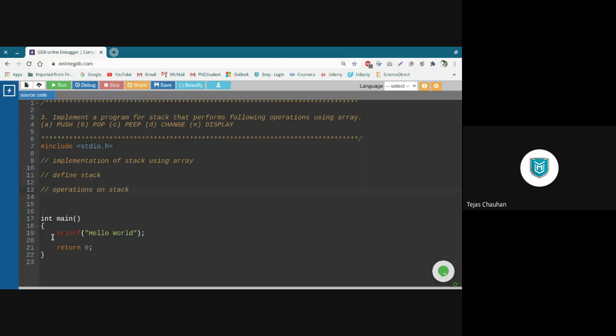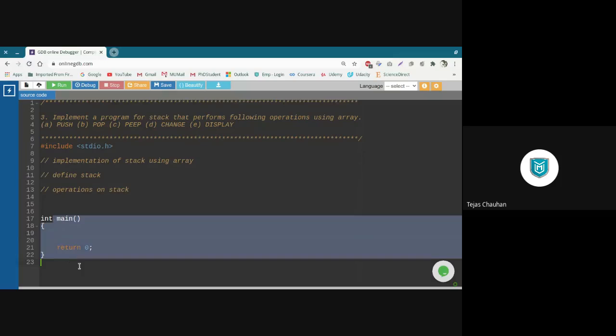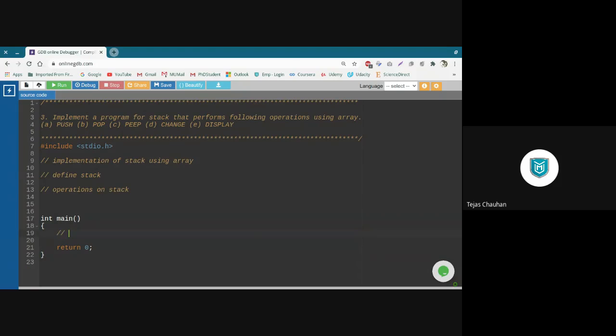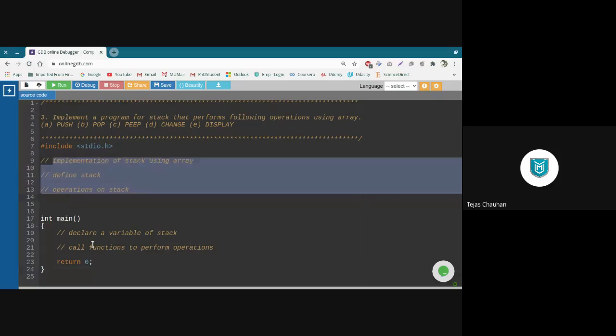so that from void main or int main, where our execution starts, we can declare a variable of stack, and then we can call functions to perform operations. This is the overall structure we define.